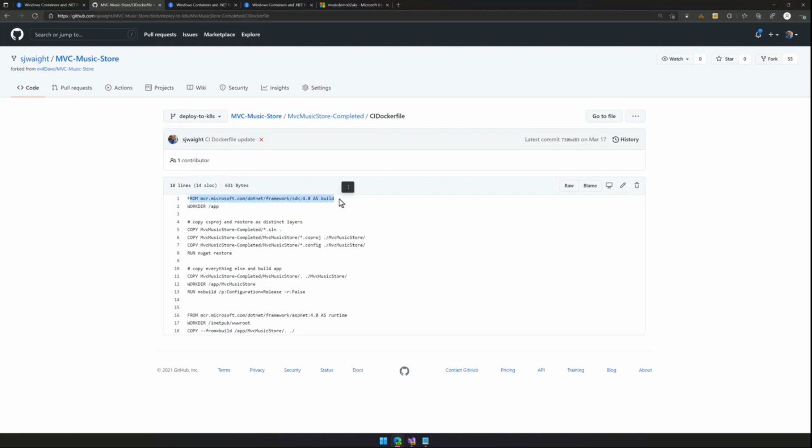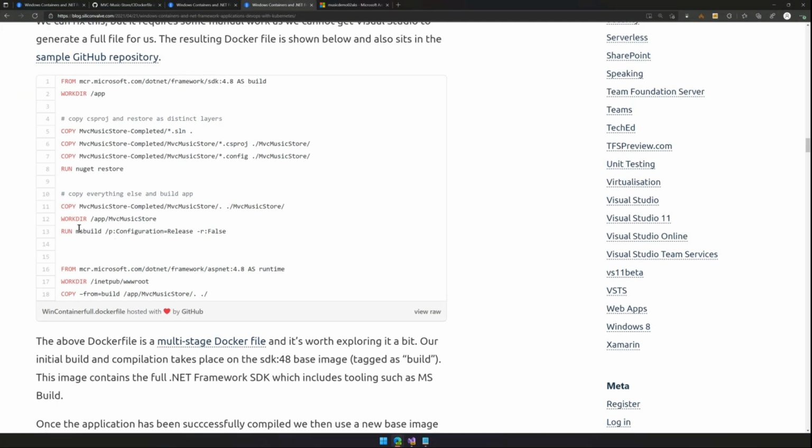So we're using a different container image from the one that we saw previously. I'm just going to see if I have that represented over here a little bit clearer. So we're using .NET Framework SDK 4.8 as build. So this container image has the full .NET Framework on it, including all of the tools like MS Build that allows you to build your container image.